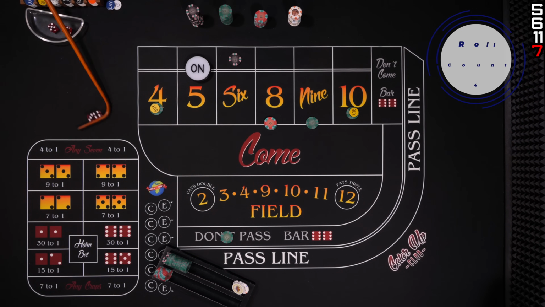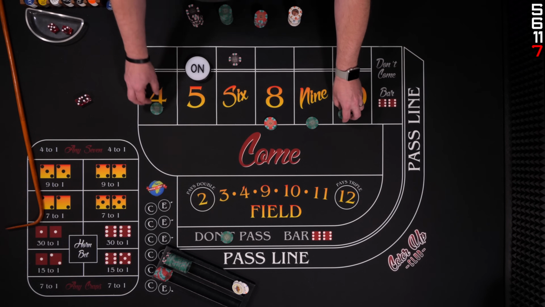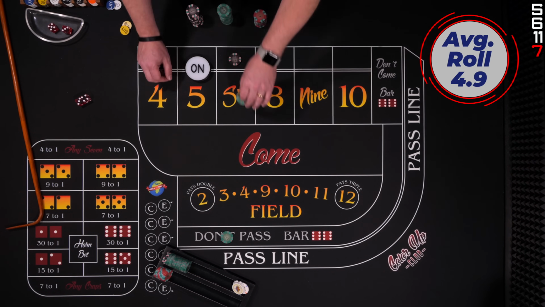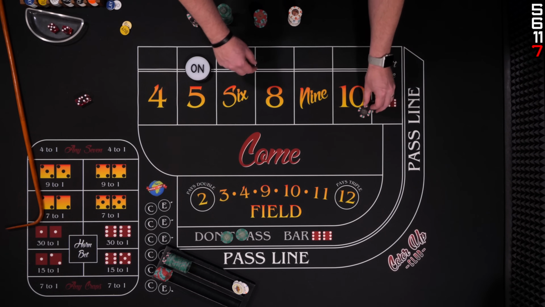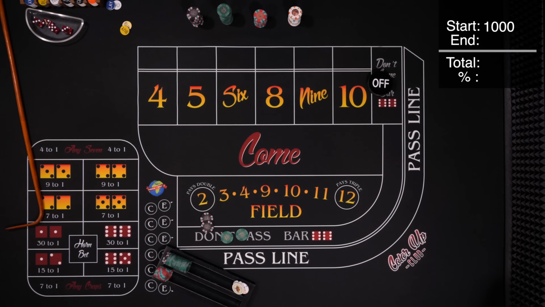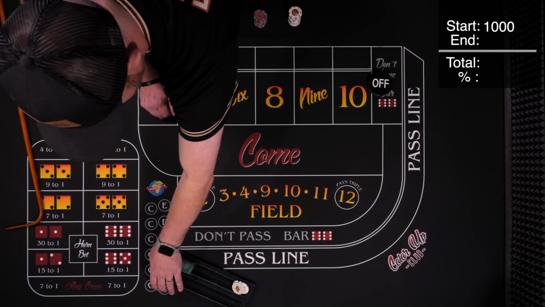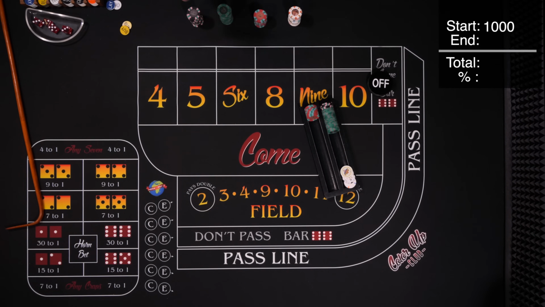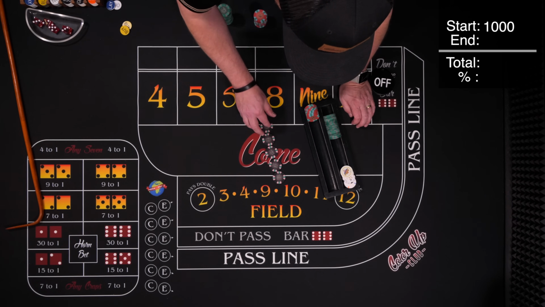And there's that 7, but again, it doesn't really hurt us too bad. So yes, we lose 105 here, but we get paid 25, and this comes down and gets paid 100. Puck will go off. We'd have a new shooter. I'm going to go ahead and stop there, count this up, see where we're at. What did we start with? 1,000. And we've got 1, 2, 3, 4, 500,